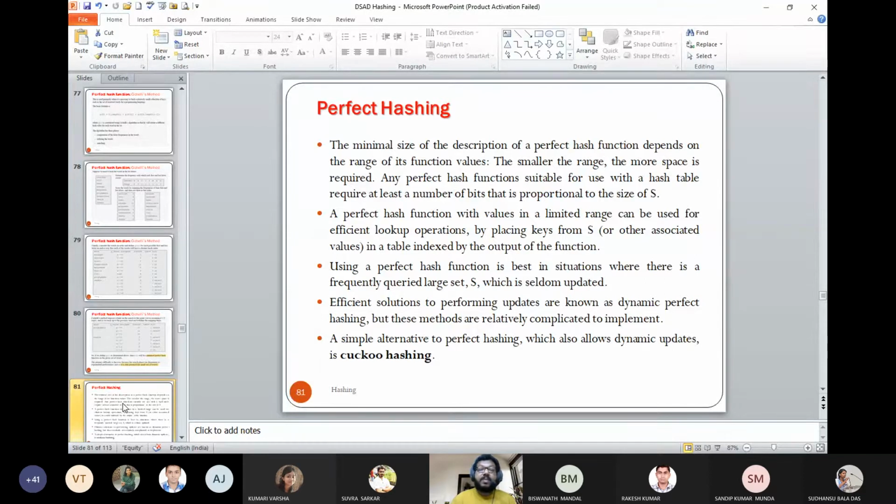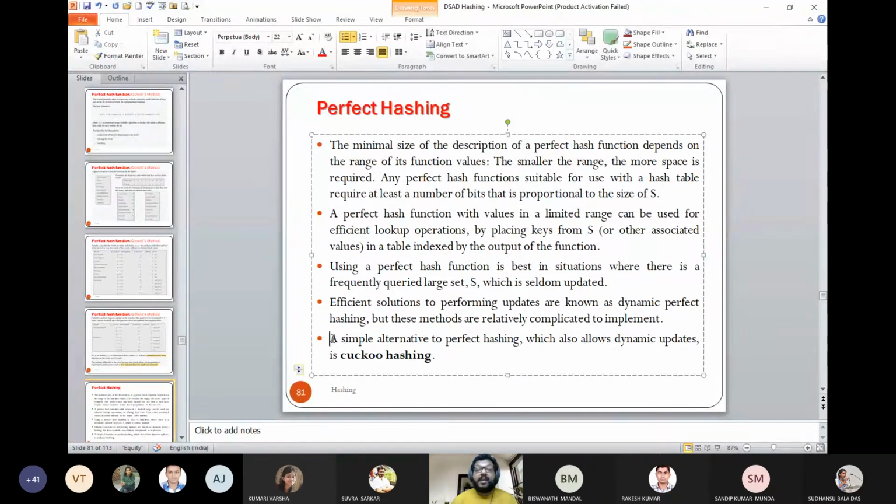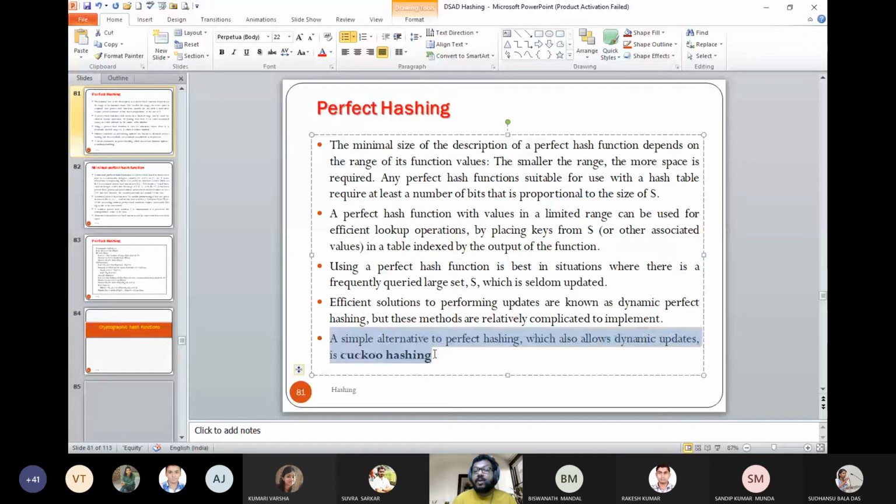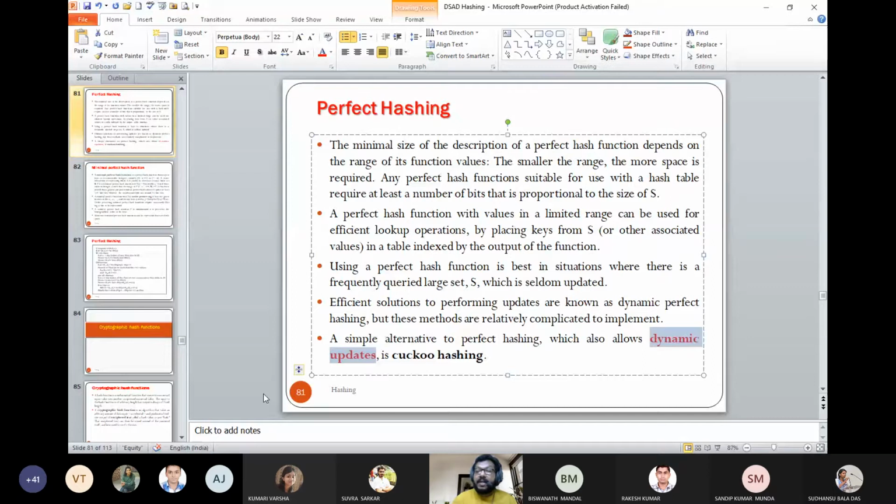So this I have actually included in one of my presentations. This is one of the perfect hash functions which allows dynamic updates. That means, as I said, if I am looking for a hash function where insertion and deletion are very rare but searching predominates, then I can go for a perfect hash function. So the debate starts. The problem remains the same, the solution, hashing, is to be used. That remains the same. Now the only debate is how I can design a good hash function.